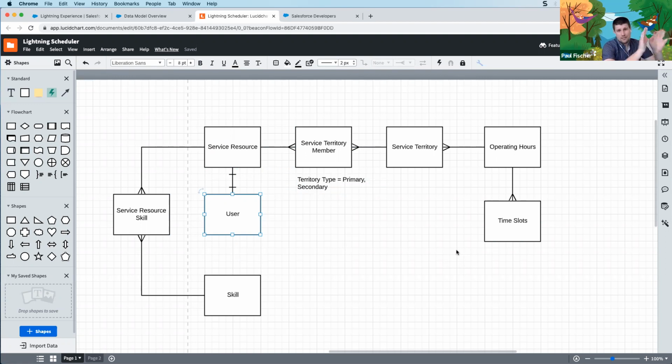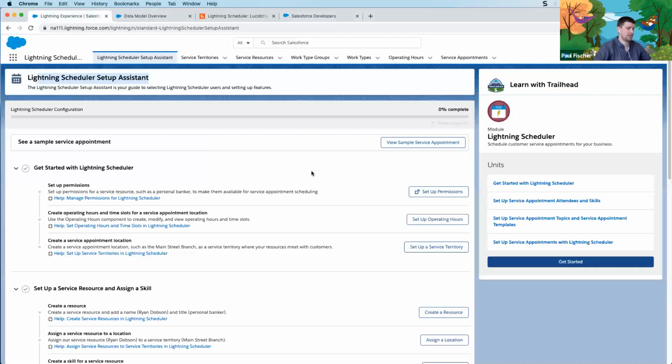So this is the basic data model I want to focus on for maybe the first third of the meeting. There's the flip side of this with the appointment and a lot of the setting up of the appointment side of things. But for now, let's get in here and focus on setting up the resource and the skills and the territories. So the first thing we need to do in our setup menu here, and I'll zoom in a little bit,